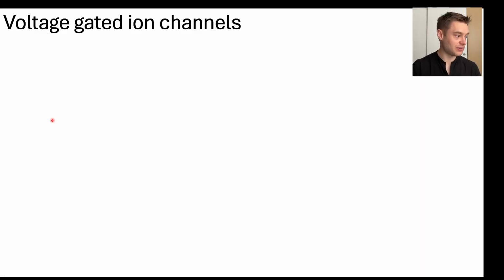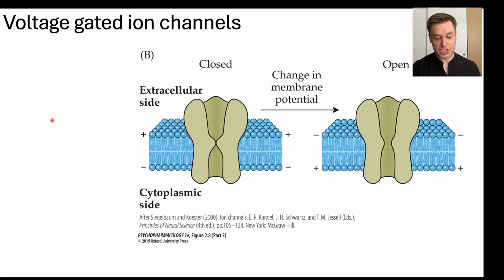So in this case, we're at 20 minutes, so we're doing good. We're going to be talking about voltage-gated ion channels. Now, a voltage-gated ion channel is a protein that spans the phospholipid bilayer. So here we have, again, our phospholipids, and then we have this protein that is on both sides of the phospholipid bilayer. And depending on the voltage that's present at the membrane, this protein will be in a particular